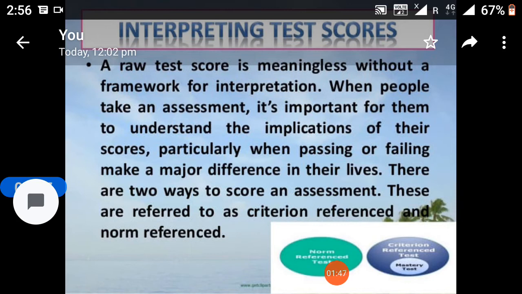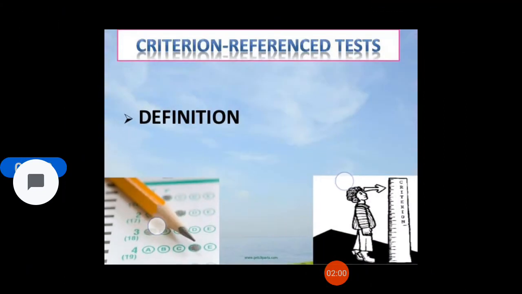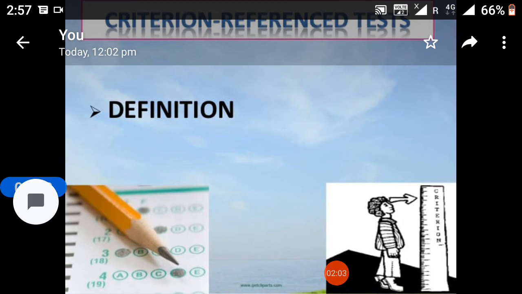There are two ways to score an assessment. These are referred to as criterion referenced and norm referenced. Firstly, I discuss the criterion reference test.